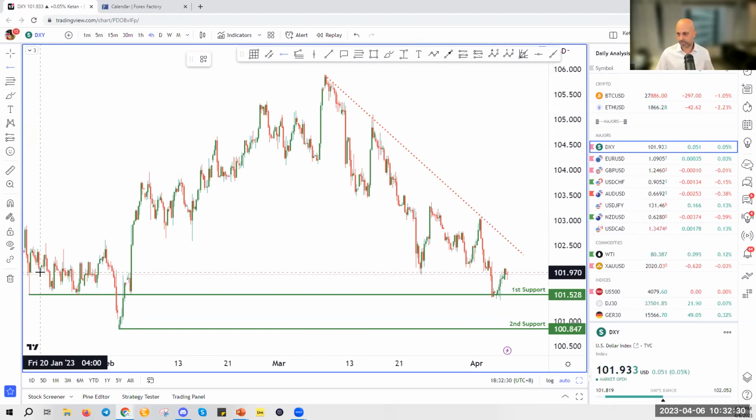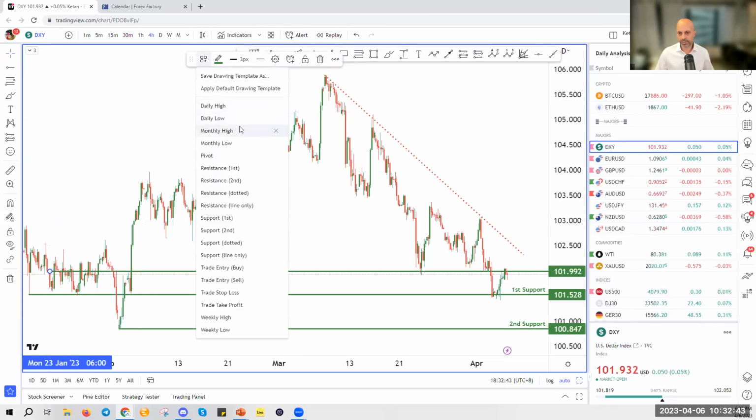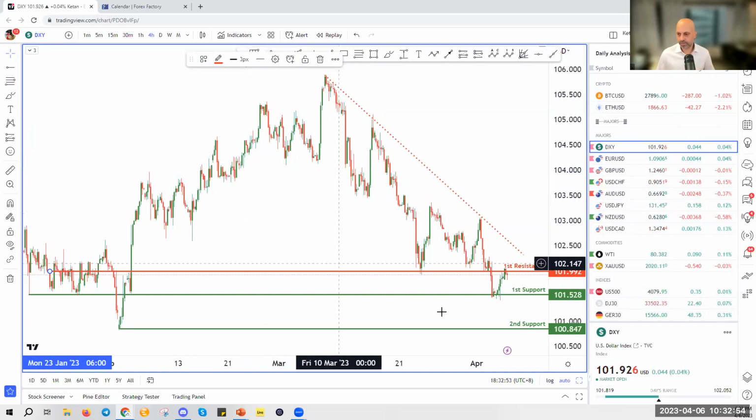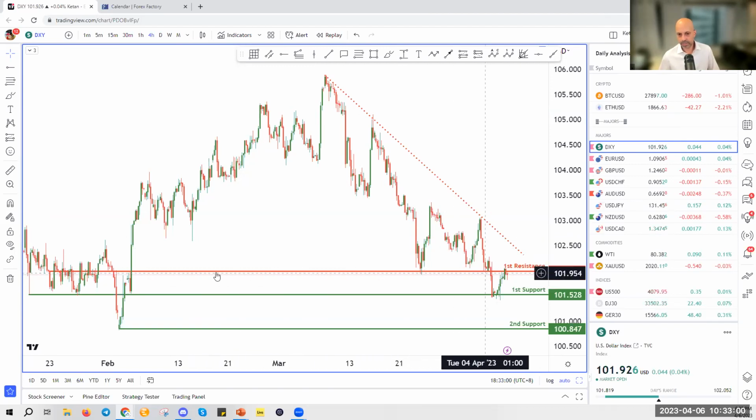Yeah, just roughly, right? Roughly, if you were to look at it. So yeah, you could probably, let's just put this here. So we don't really have to be exact with that level. Of course, you can zoom into a shorter time frame if you really want to be precise with the levels, but because we want to look at it at a slightly longer time frame, and then